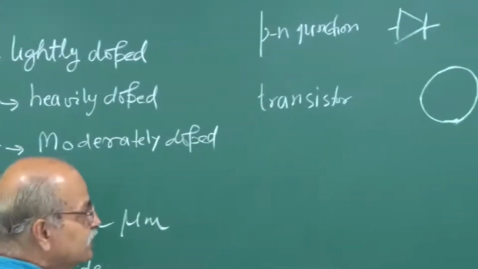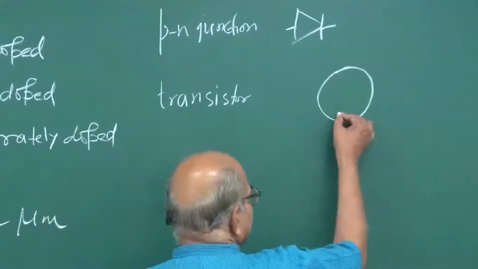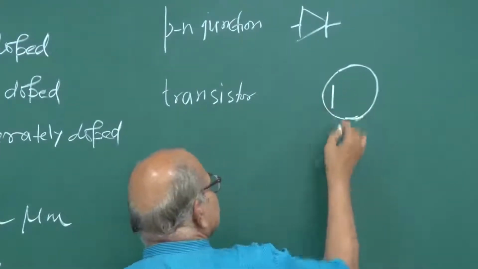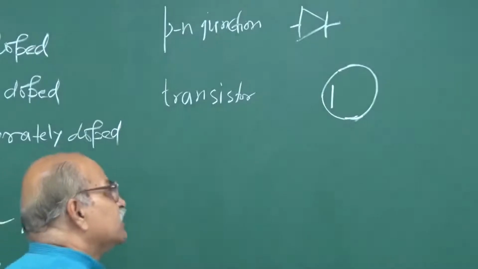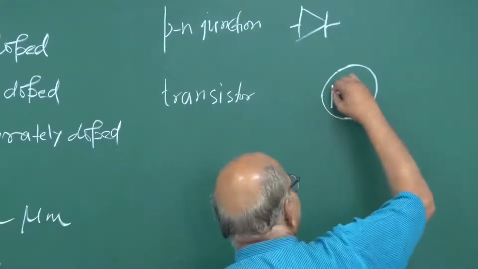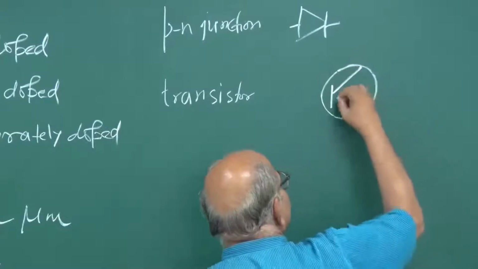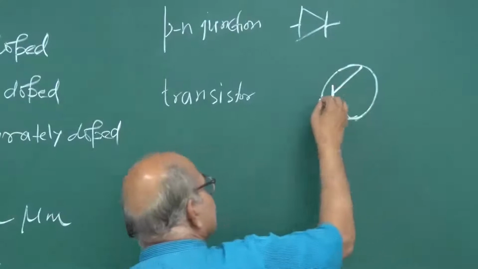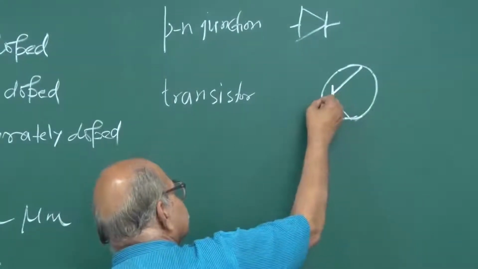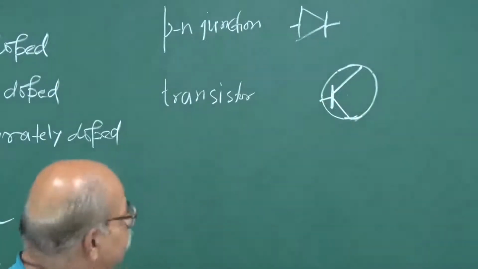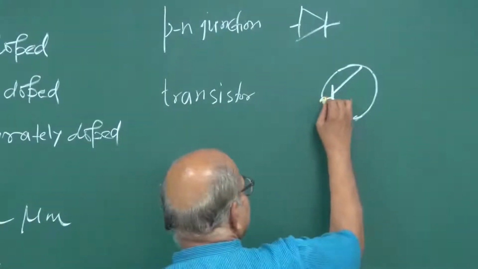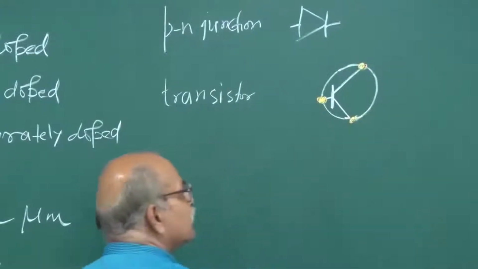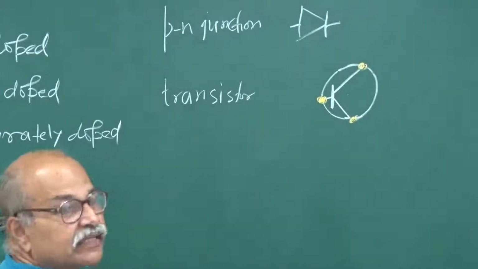Let's draw a baseline. Suppose this line is the base, and then 2 slant lines, one like this, another like this. This is the kind of symbol for this transistor, and these are the connections